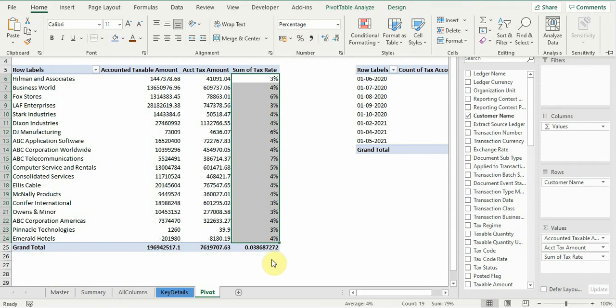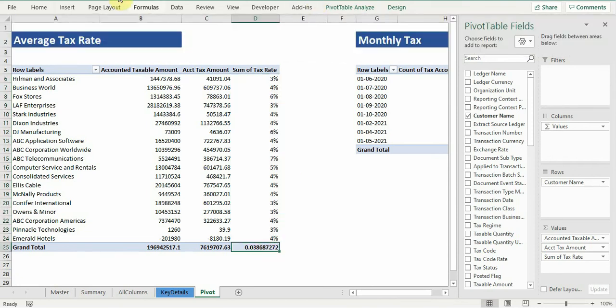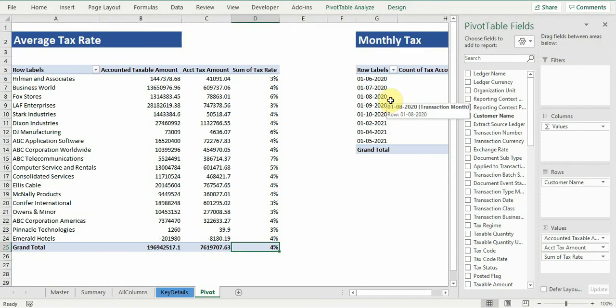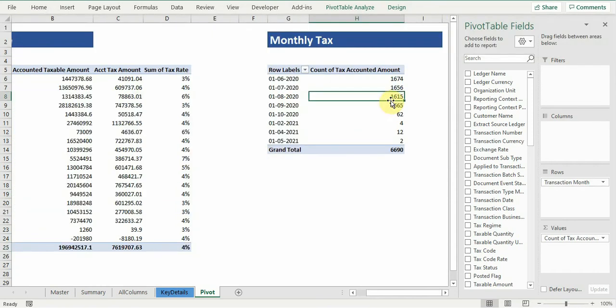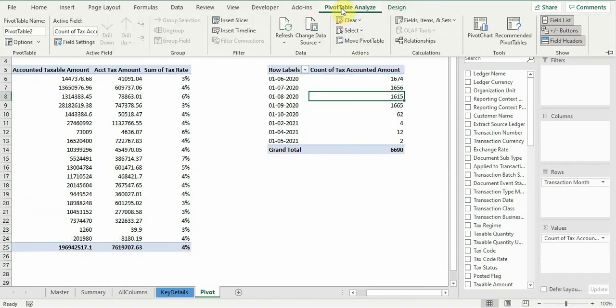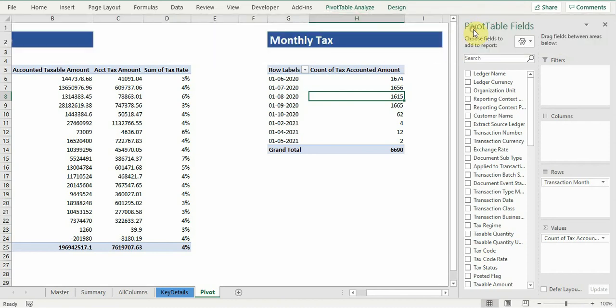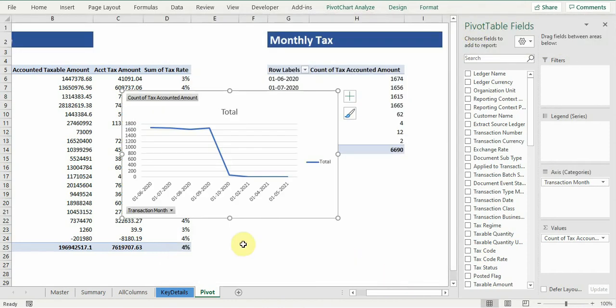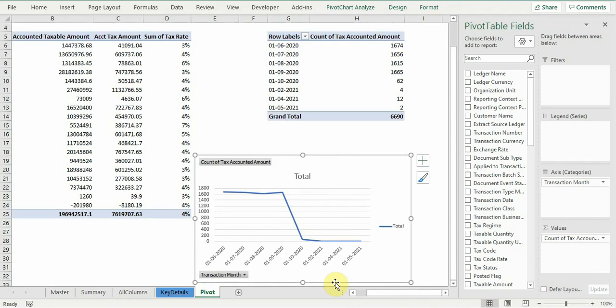So this is the rate percent overall, and here the monthly is also generated. If I need, I can also create a pivot chart from it, just like a line trend. So here a monthly trend is available.